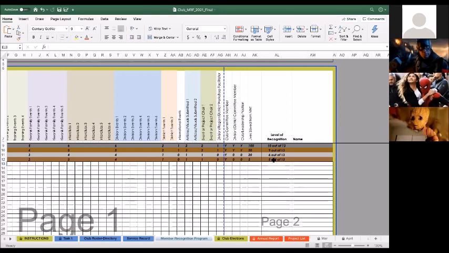So for example, platinum, the highest level you can get recognized, you need a minimum of 200 service hours and 10 out of the total events listed here to be completed. And it basically just recognizes your member for how much work they've put into Key Club in a proper way, so that they don't feel that their work has gone to waste and that they have truly served the